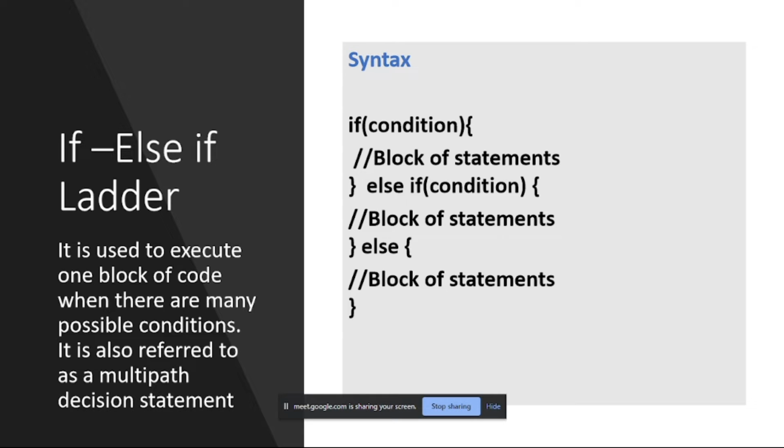So yeah, the third style of statements, the if else if ladder. Sometimes, let me say, you have multiple choices to make. Let's say I'm in charge of assigning